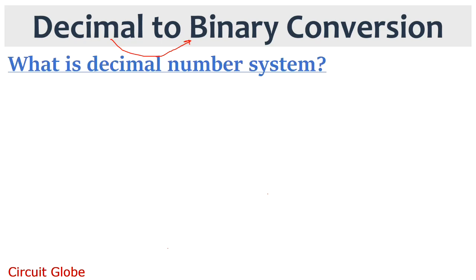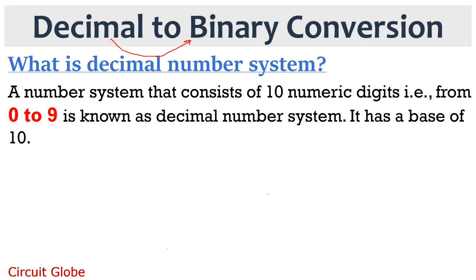Now let's first see what is decimal number. So basically, decimal number system or denary number system consists of 10 numeric digits ranging between 0 and 9 and has a base value of 10. In this number system, column of each integer number has value of units, tens, hundreds, thousands, etc. while moving from right towards the left. Thus these are written as 10 to the power of 0, 10 to the power of 1, 10 to the power of 2 and so on from right towards the left.